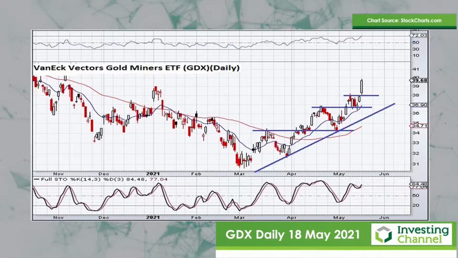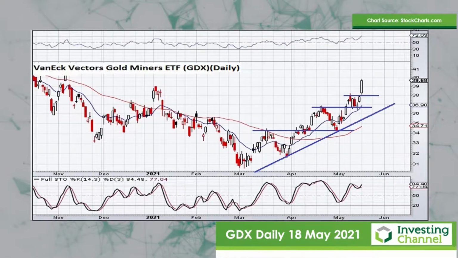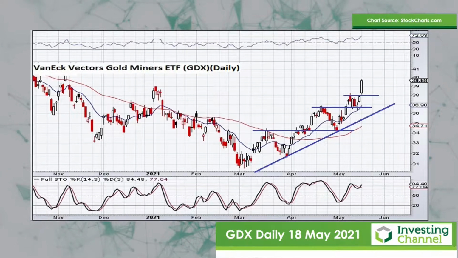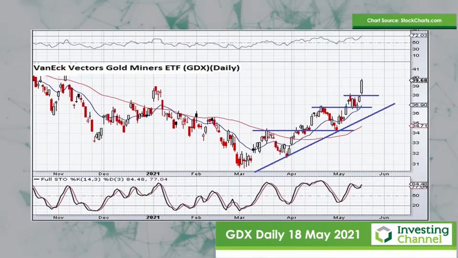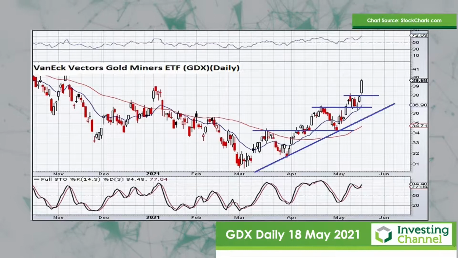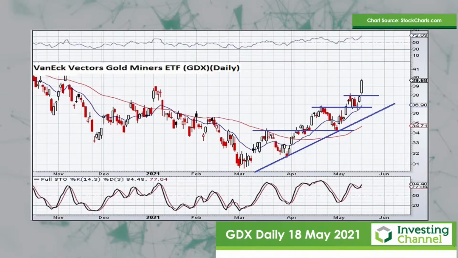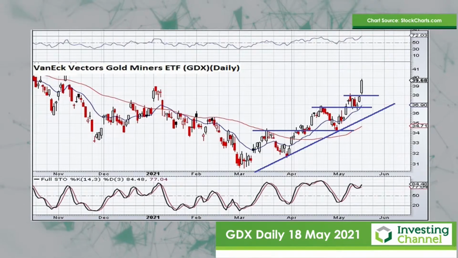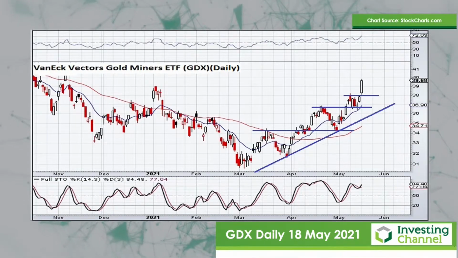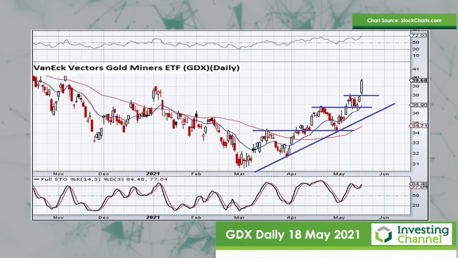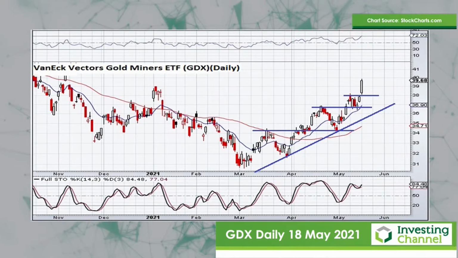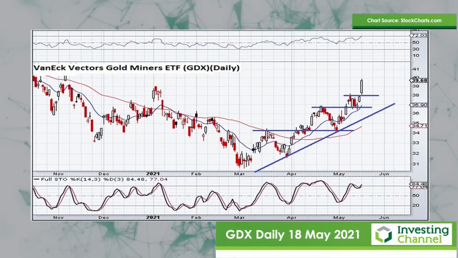Now, we've had quite a strong week for the GDX this week, so I suspect we may see a little bit of consolidation in the near term, but keep in mind that the consolidations do look to be providing buying opportunities now. So I'd be keeping an eye on any pullback in this ETF towards about $38 as a buying opportunity, and if it does that over the next few weeks, I believe that will set up the next buying opportunity for another leg to the upside.